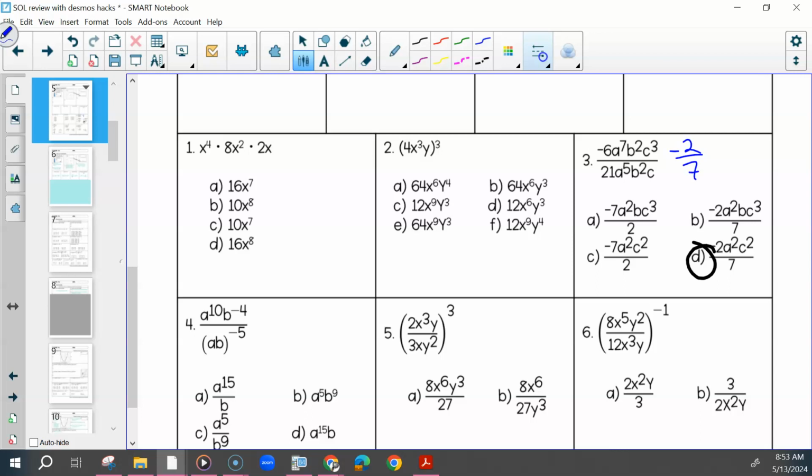So that gets rid of A and C. We know it would be B or D. And then start subtracting your exponents. 7 minus 5. 2 minus 2. I'm just going to write this for now and then simplify it. And 3 minus, remember, if you don't see anything, it's 1. So then b to the 0 would become 1. That would go away. And then all of your variables would be in the numerator, which will give you